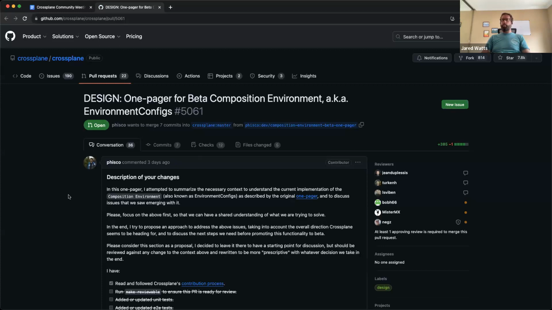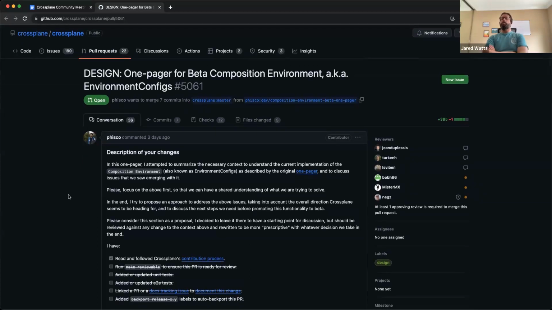And so Philippe outlines here a few sections, like one, where is environment config right now? What are the issues that we see with it, difficulty to use it, complexity in the implementation, bugs, etc. And then he lays out a proposal for what he believes needs to be changed in order to get this API to a place where we can call it mature and into the beta level.